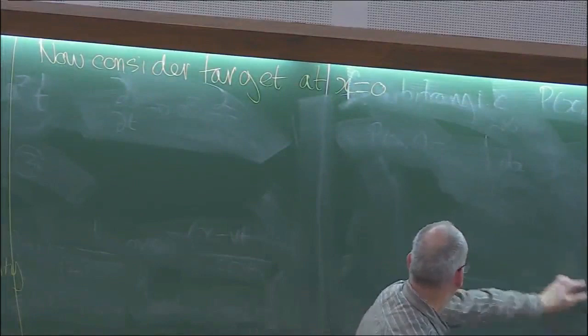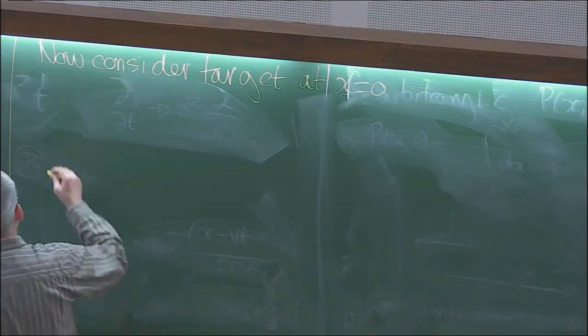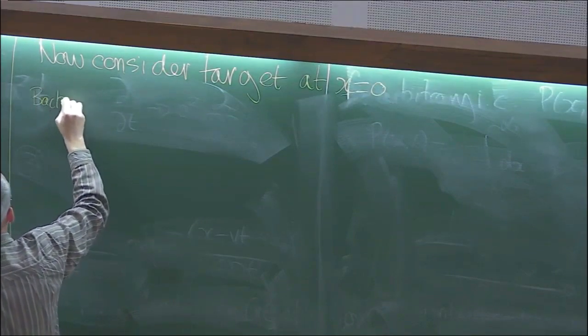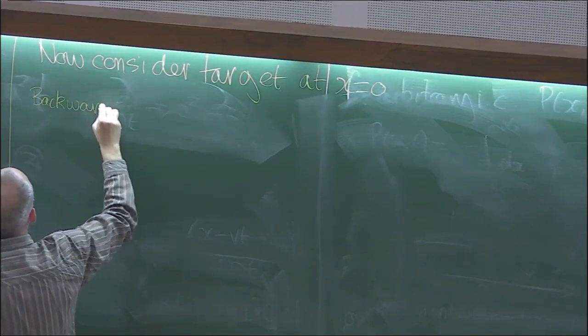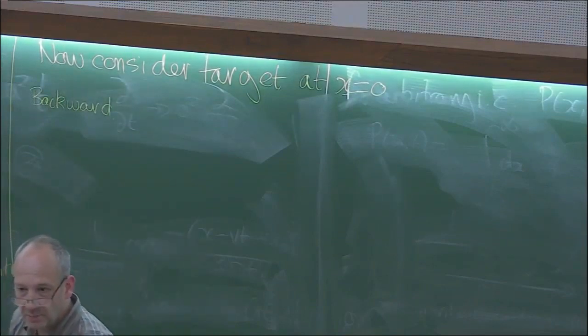And what I want to do now is to determine the survival probability and, more importantly, the mean time to absorption. So what I'm going to have to do here is to derive, first of all, the backward equation. Remember, this is the best approach to calculate survival probabilities, is to use the backward equation. So we have to derive it for the resetting.